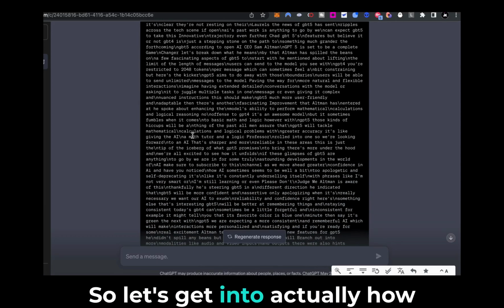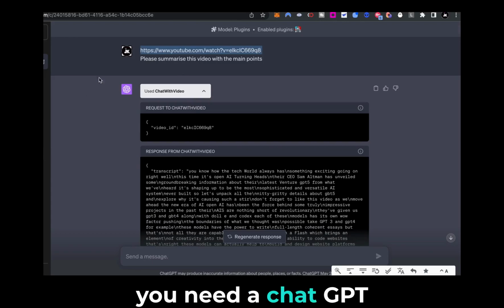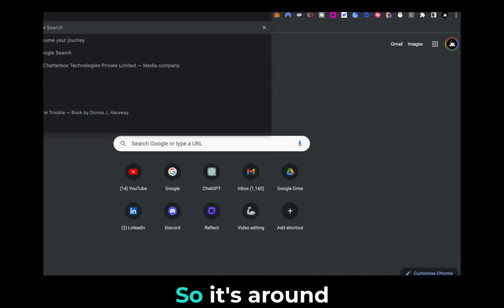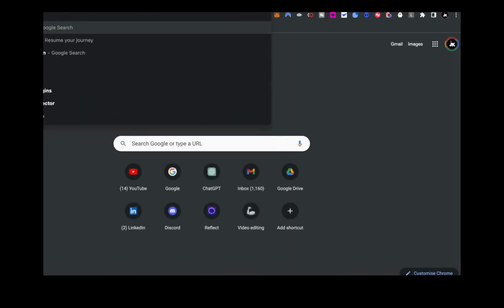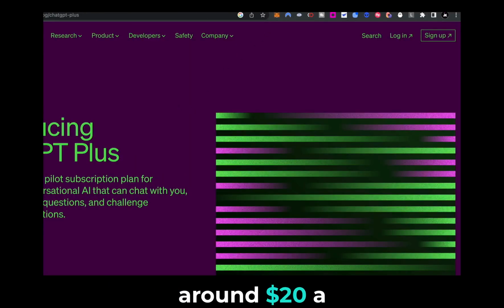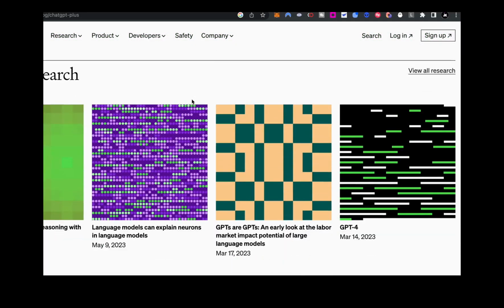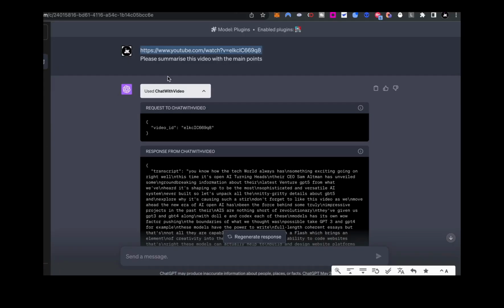So let's get into actually how we can use it. Number one, you need a ChatGPT Plus account. ChatGPT Plus accounts are around $20 a month. They're 100% worth the bang for your buck, so I'll definitely get one. Next